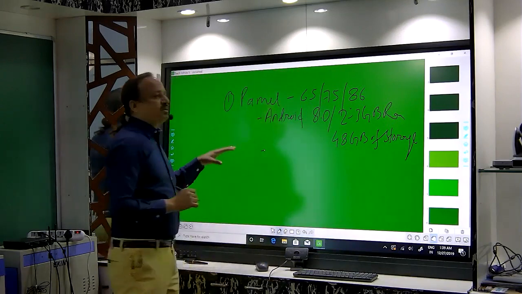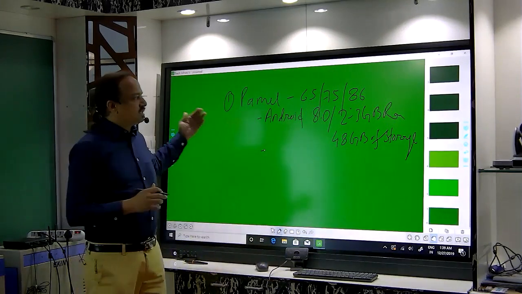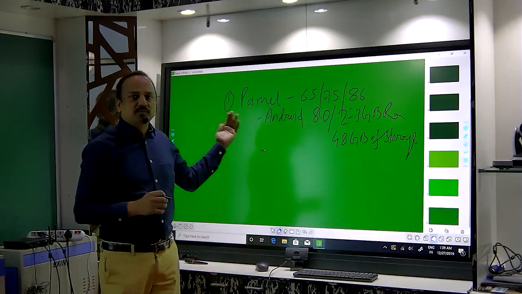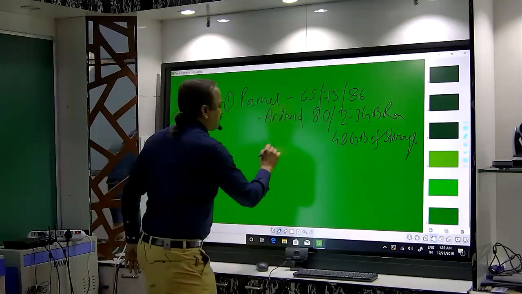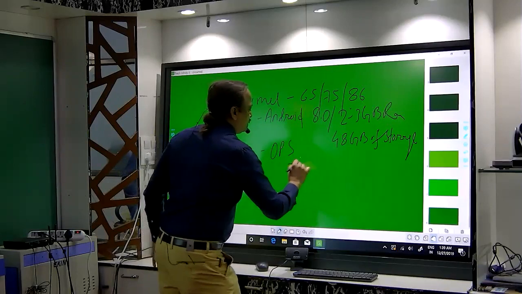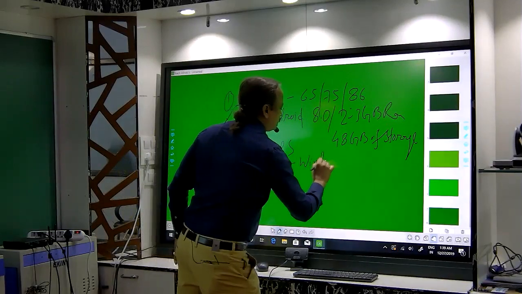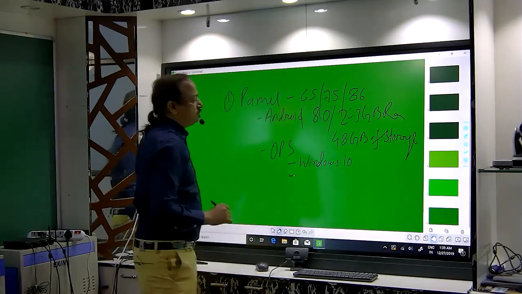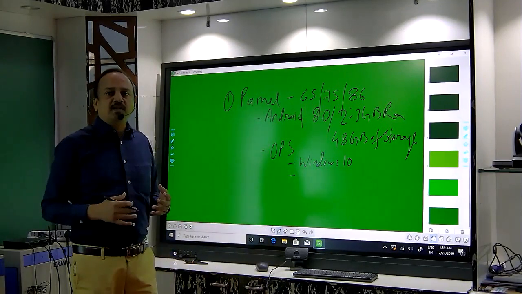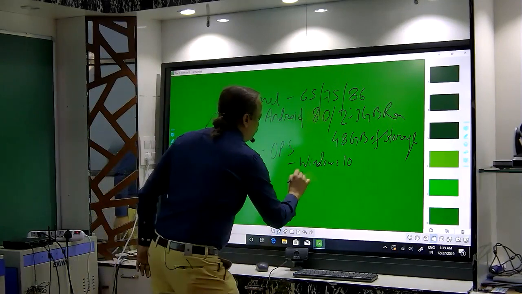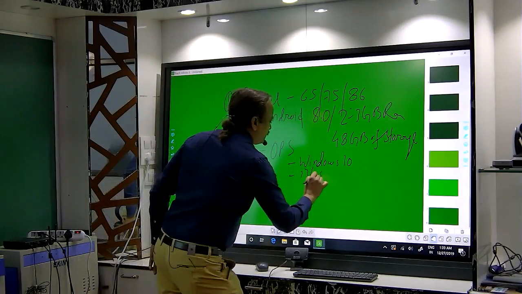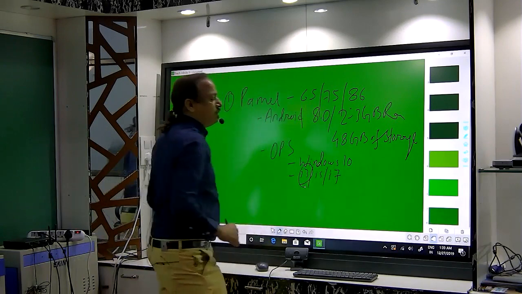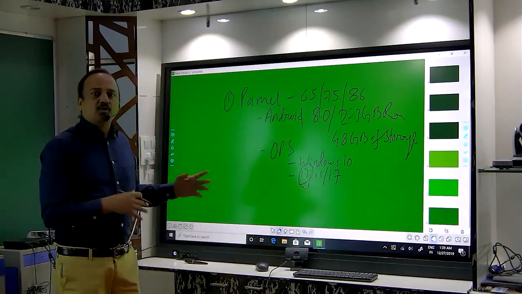Then it comes with the OPS. So OPS is a Windows CPU only, which is mounted just behind this. So you have the OPS with Windows 10. And the configuration of OPS could be i3, i5, i7. Normally i3 is the minimum you need if you are talking about the classrooms.